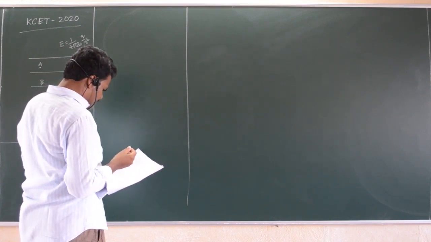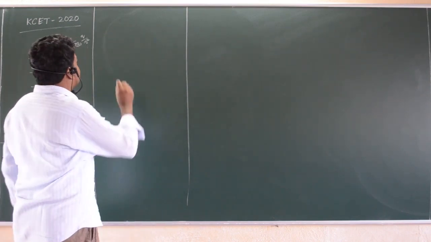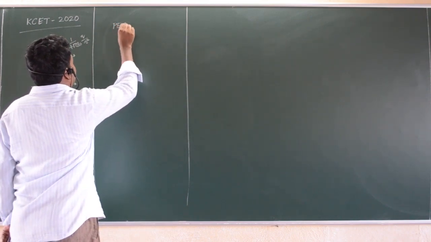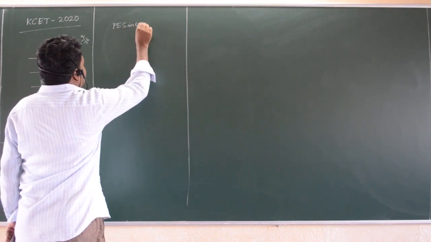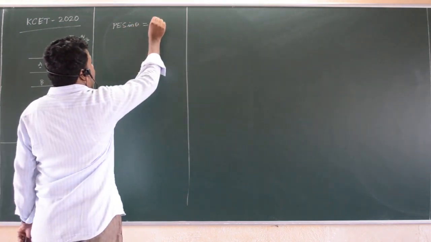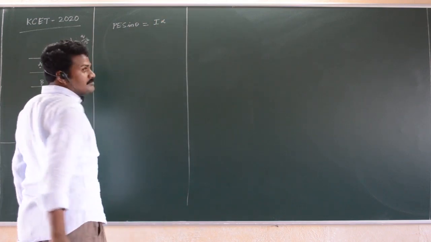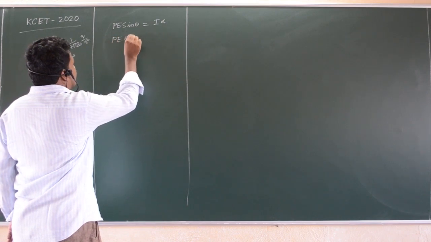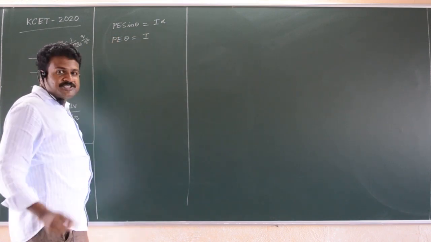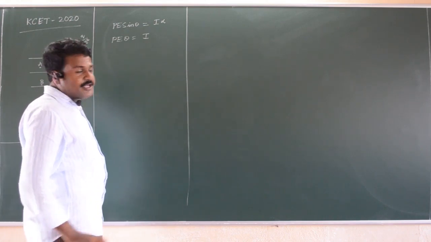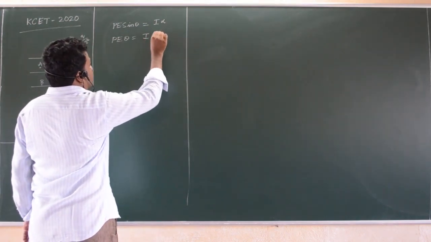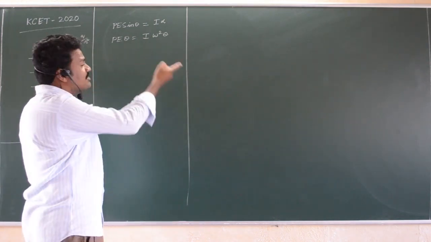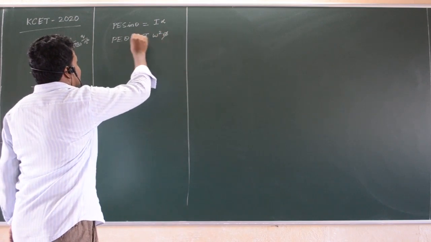Here he is asking the time period of oscillation. For that you can take the formula of torque: PE sin theta is the torque developed, that is equal to I alpha, because the torque formula is I alpha. If theta is small, I can write this as PE theta is equal to I alpha. In simple harmonic motion we can write it as omega square theta. You can recall the derivation of the time period of a simple pendulum, exactly the same. So theta will get cancelled.